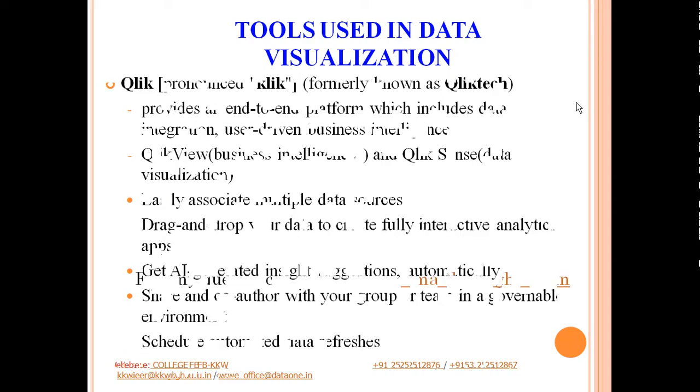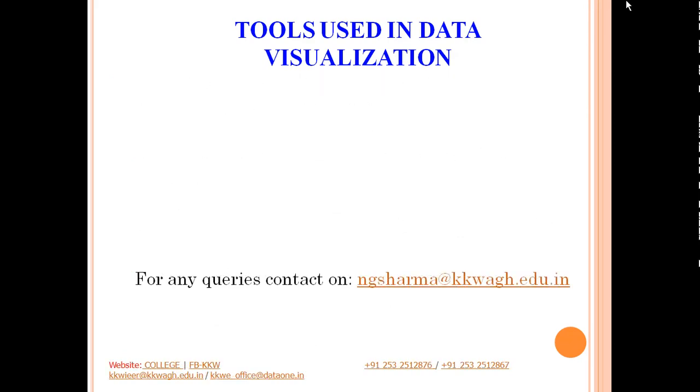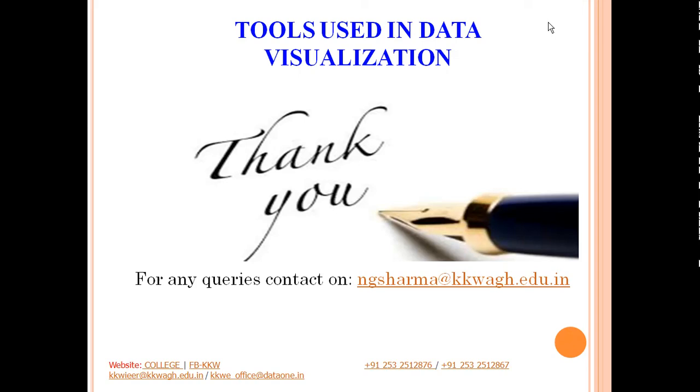Now we have moved to the end of the lecture. In this particular lecture we have discussed various tools of data visualization. We have discussed multi-dimensional visualization, wherein we have seen type 1 and type 2. Type 1 deals with the category count. Type 2 deals with the relationship between the variables. Then we have seen various multi-dimensional data visualization tools like Google Charts and so on.